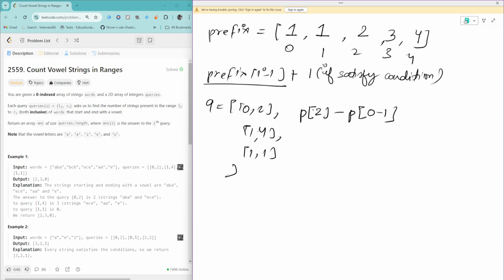What will it give us? It will give us 2, and 0 minus 0 minus 1, so it is out of bound. Whenever the index is out of bound, I will replace it with 0. So it will give us output as 2. Okay. Again,